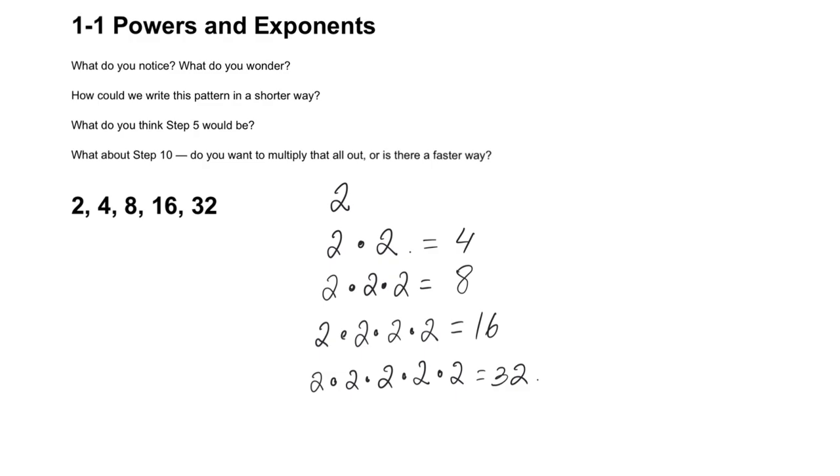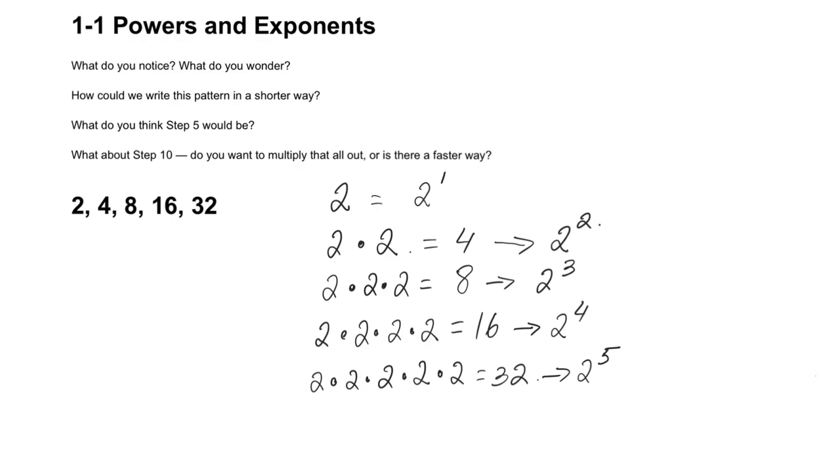So instead of writing, let's say 2 times 2, we can simply write 2 raised to the second power, and 2 times 2 times 2, there's 3 2's, so we can write raised to the third power, and then the next will be raised to the fourth power, and then the next will be raised to the fifth power. And the first one will be 2 raised to the first power because there's only 1 2. Okay, so as you can see, this makes it so much easier and it's so much shorter to write it